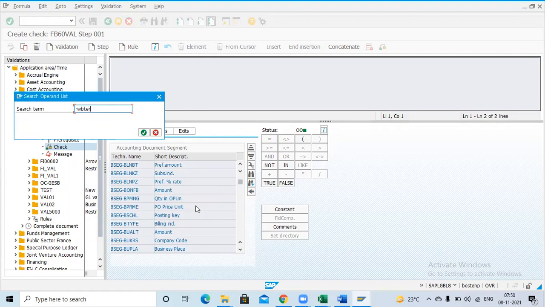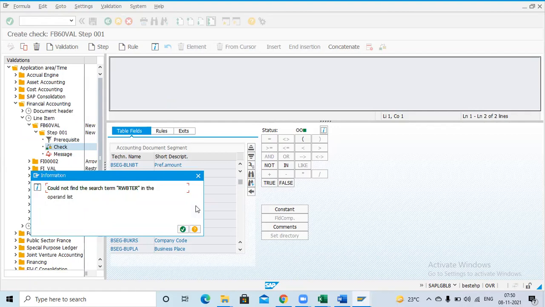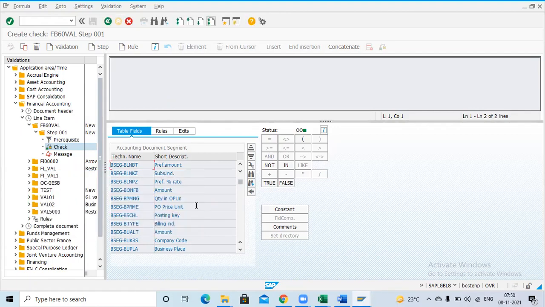Amount is above company code in the below list. Different amounts are there. You should not take all the amounts.